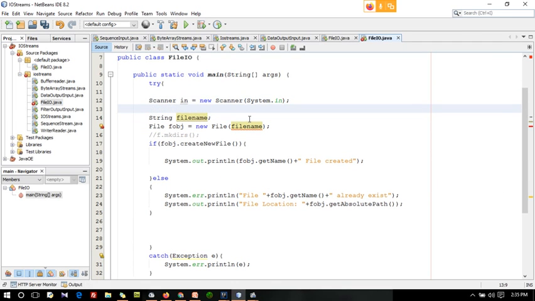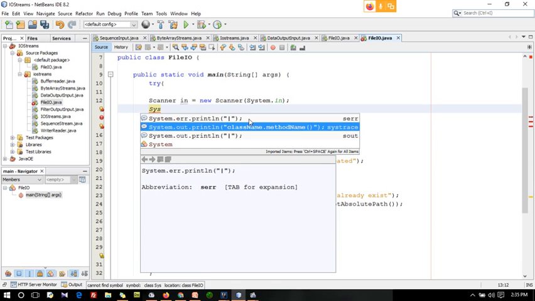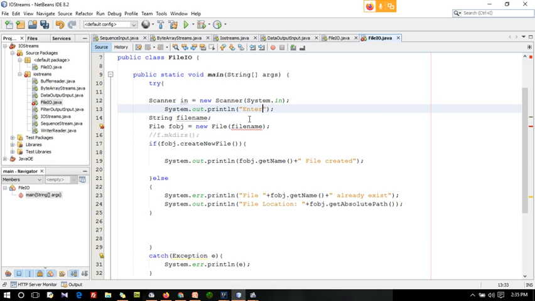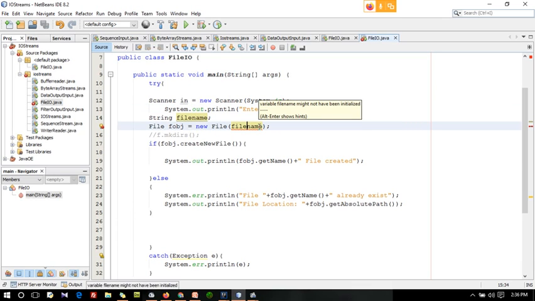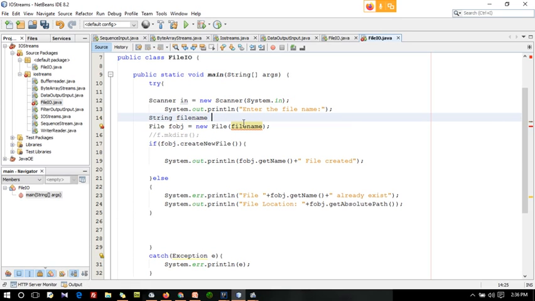So guys, you just write System.out.println, enter the file name. In this string, what should I do?